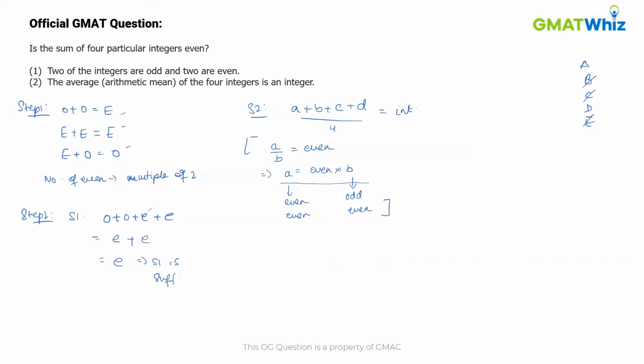Now using the equation we formed in statement 2, we can write it as A plus B plus C plus D is equal to 4 times the integer. Now 4 is a multiple of 2. So this means that any integer multiplied by 4 will be even. Now this implies that the sum of A plus B plus C plus D will be even. So we can conclude that statement 2 is also sufficient. Hence the correct answer is option